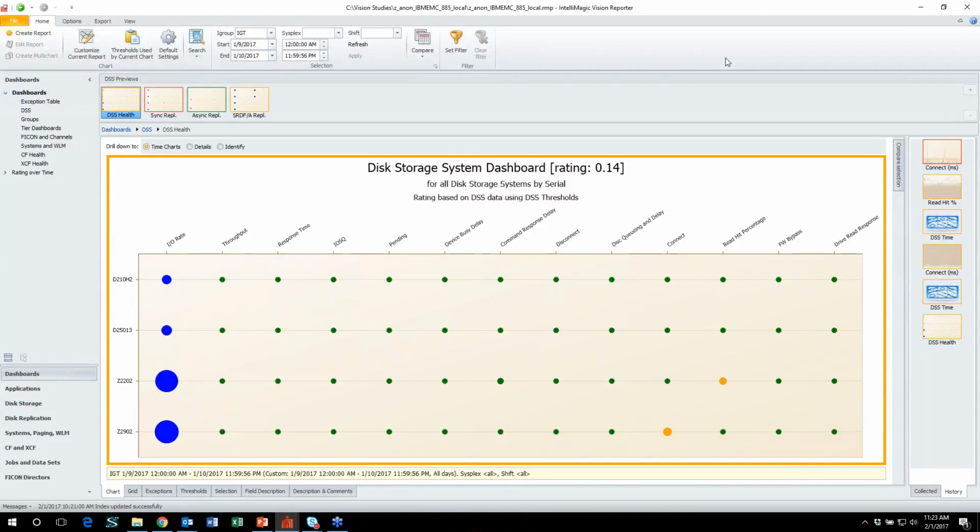The ratings in the dashboard are based on embedded knowledge about the hardware that's being monitored, in this case, a disk storage system. We actually have 4 disk storage systems that we're monitoring here along the left. They're listed by name. Across the top, we have the key metrics involved that we're monitoring and rating. We also notice there's a border around this dashboard. It's a yellow border indicating that we do have some what we call early warnings.